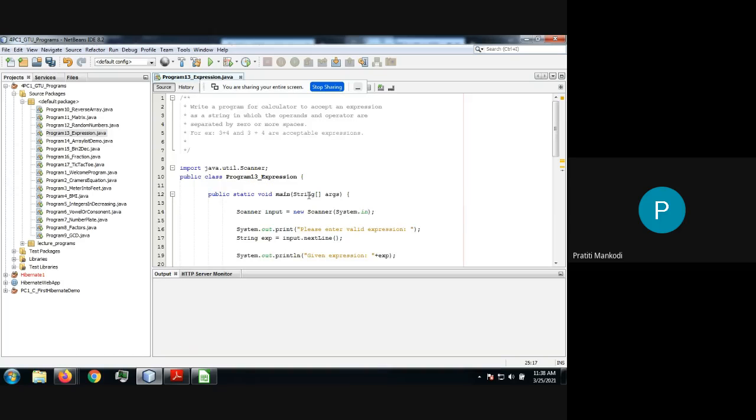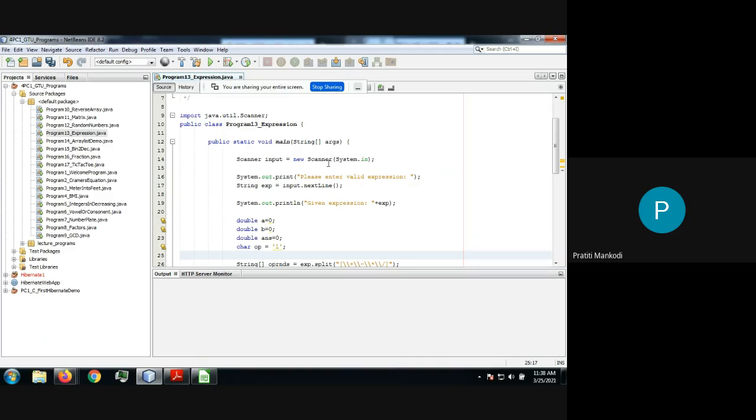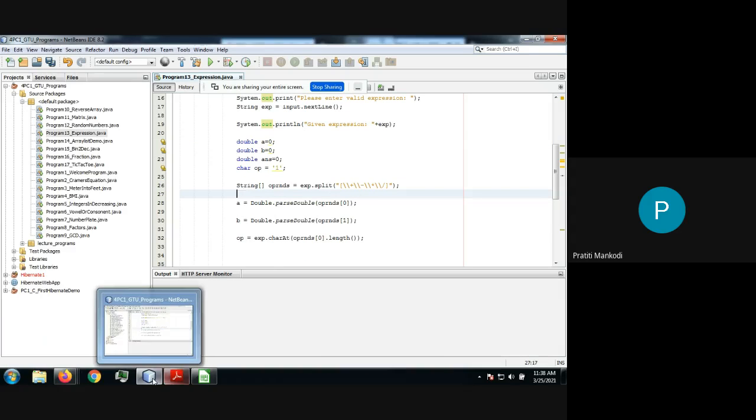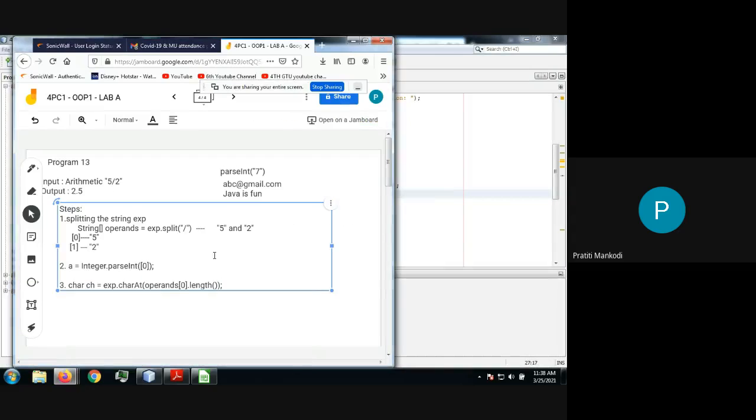So this is your program number 13. I did nothing. Whatever we have discussed is converted into the syntax. That's it. So entering the valid expressions through the Scanner class, taking the necessary variables a, b, answer, and operand. Then we have split. Now see, one more thing I need to add here. Is it necessary that it will always be only division?